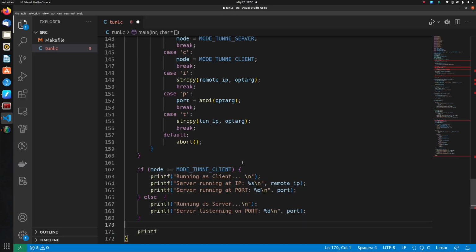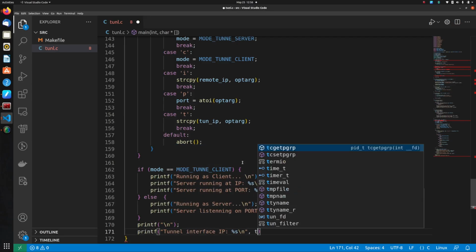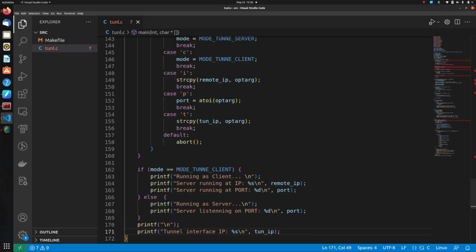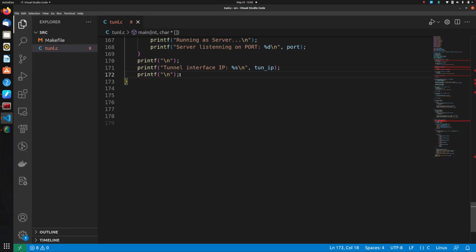And now I'll spit out the tun interface IP as well. That's it. Now we have all the options parsed, and we have put in our debug outputs, and now we can start with the actual socket creation. So now let's allocate or create the tun interface, which will give us the tun fd as well. So let's do a tun_alloc